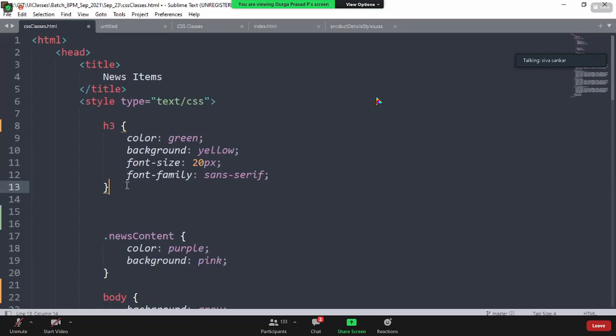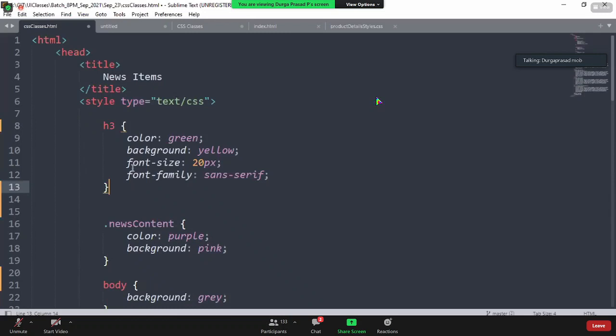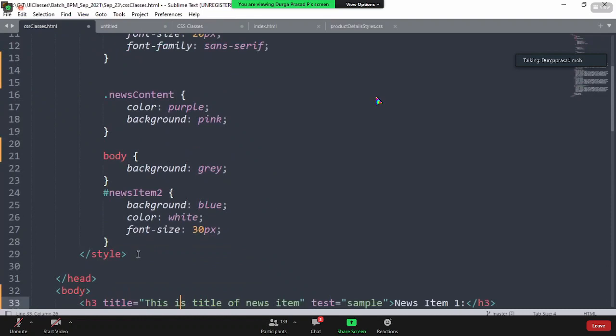Next. Hello, sir. Can you explain about the type attribute, sir? Okay. Type is a predefined attribute which specifies what type of content the tag is holding. Not every tag is going to have the type attribute. It is used for the style tag, and for the script tag, something like that. For the body tag, can I say it's a type here? No, you don't need to specify. Those are tags; anyway, you are adding HTML content.